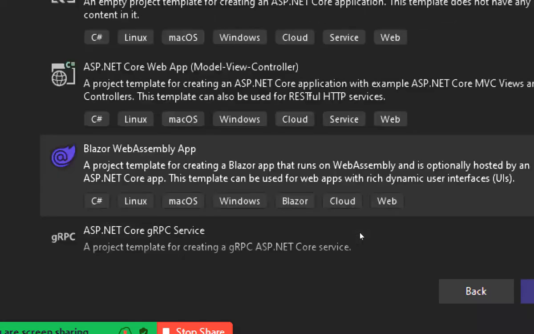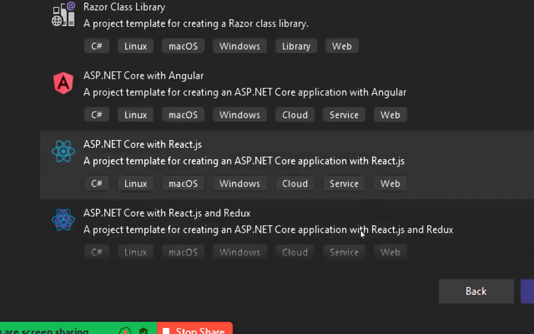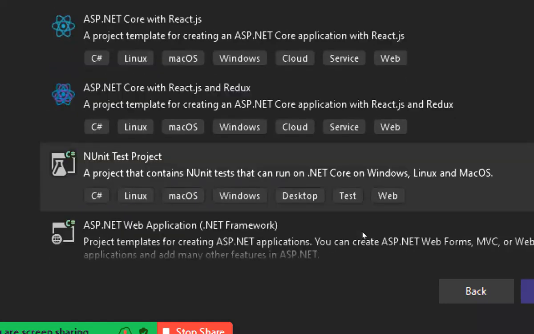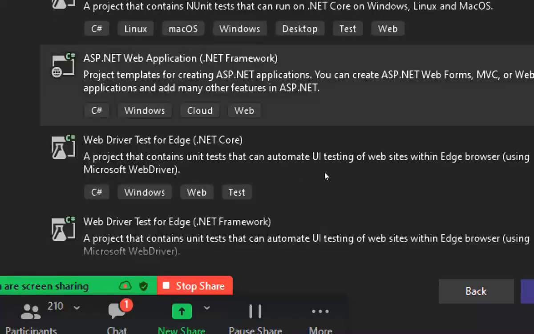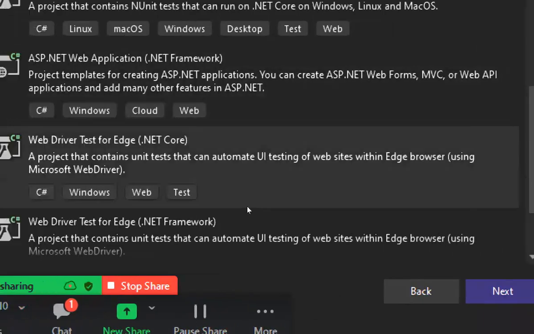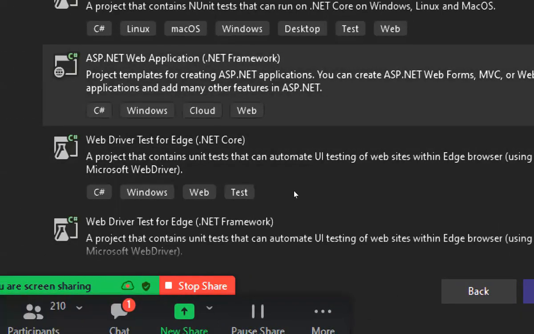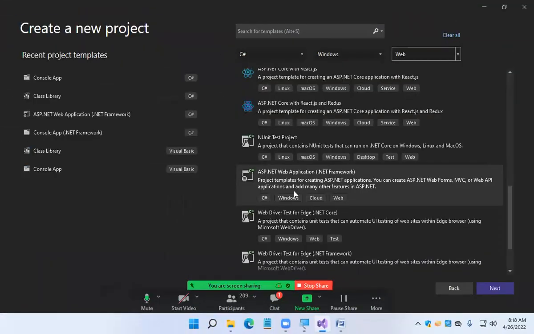Scroll down. When you scroll down, you'll find ASP.NET Web Application. This is what you require to select, all of you. Understood me? ASP.NET Web Application, .NET Framework is what you require. It's a project template for creating ASP.NET applications. You can create web forms, MVC, or Web API applications and add many more features.